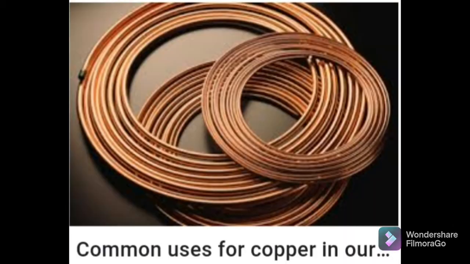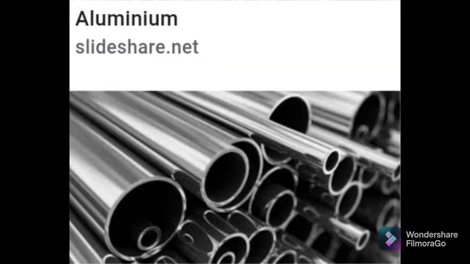The third metal is copper. The original color of copper is reddish brown. It is a highly ductile metal and a very good conductor of heat and electricity. Copper is used in making electric wires and cables. It is used in making utensils and statues, and also some semi precious ornaments. Copper is also used in making circuits of electronic devices such as transistors and televisions, and in electroplating.